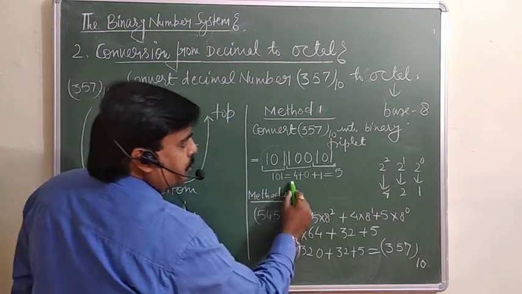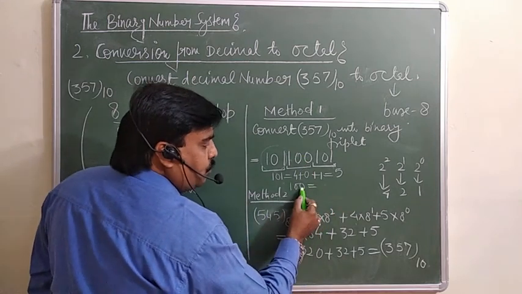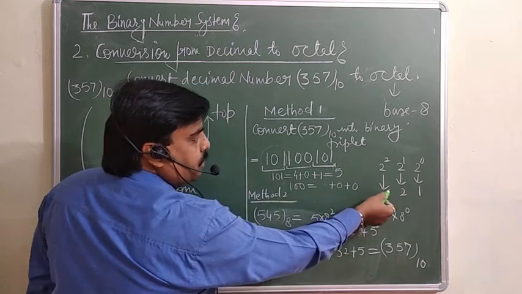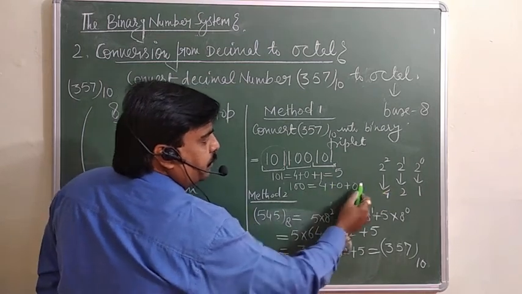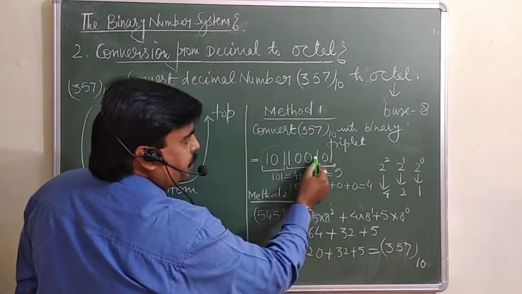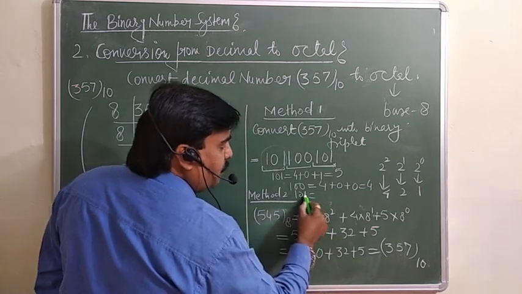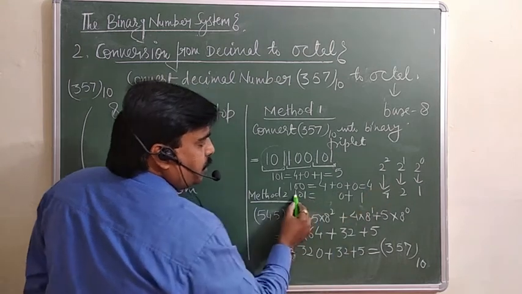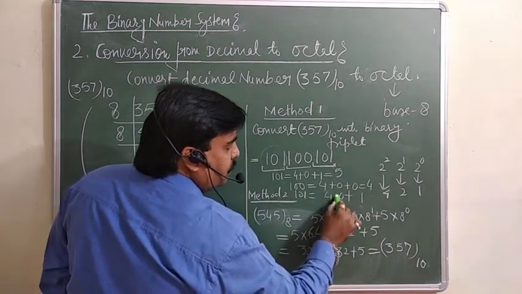Now similarly for this number you will take 100. 0 के लिए नहीं लेना है. And this one, because it is at the third place, तो क्या 4 is here. So you are getting 4. Similarly 101. 1 के लिए लेंगे 1. 0 के लिए नहीं लेना है. And for this third number it is 4. So this is your 5.